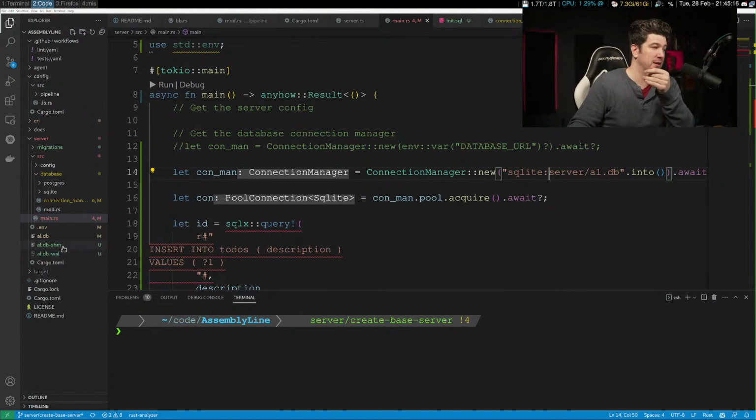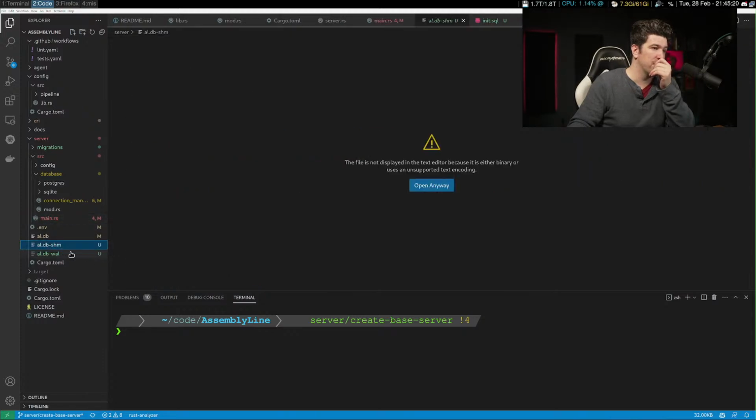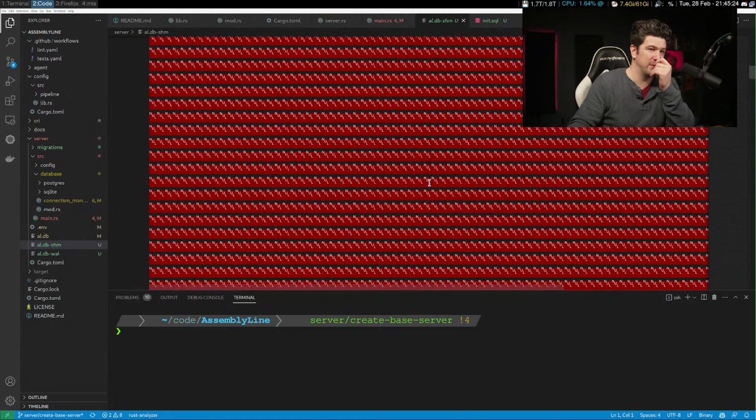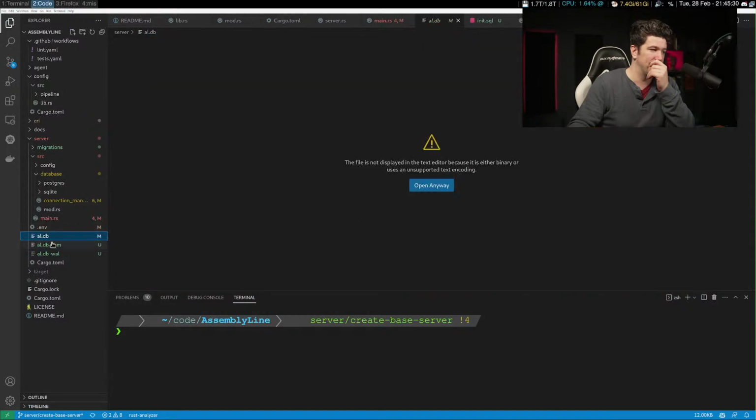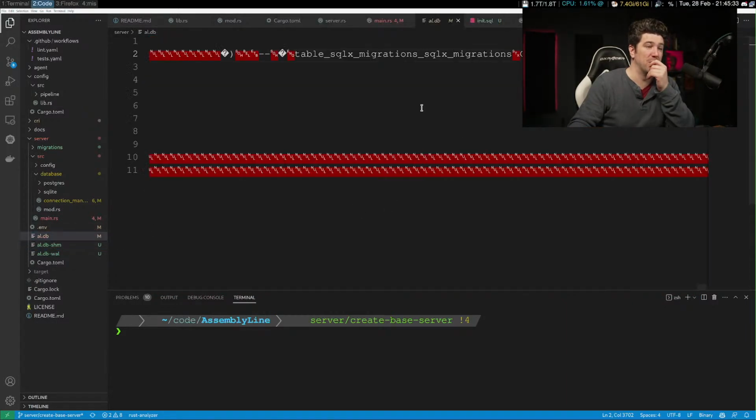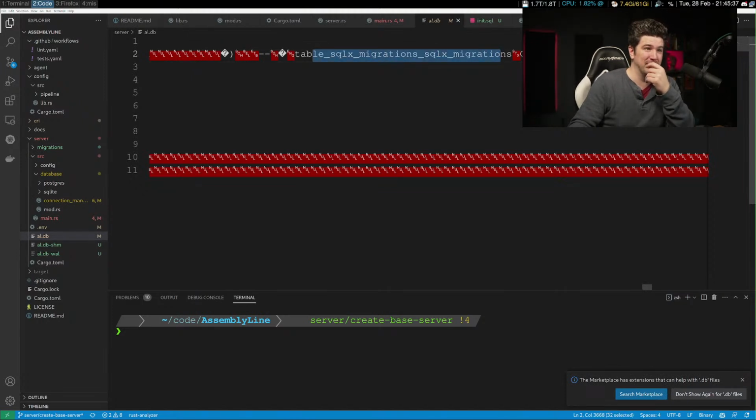We have WAL here and we have our shim. Oh, that is beautiful. We should actually see more in here now. Yeah, we actually have a table in here.